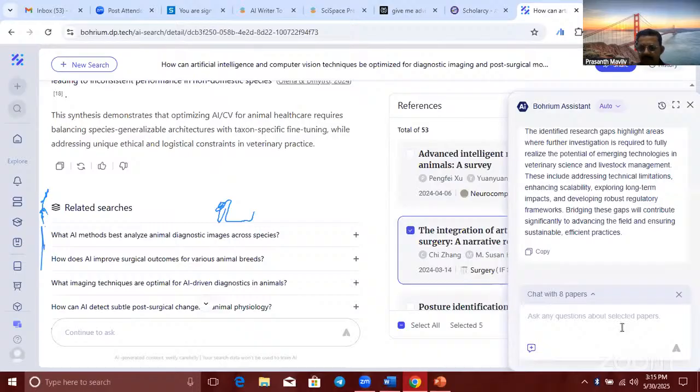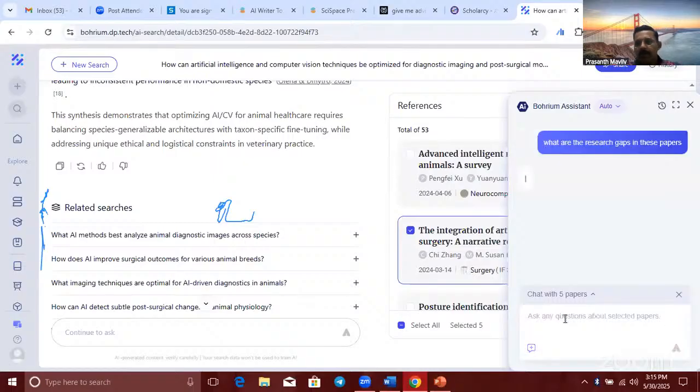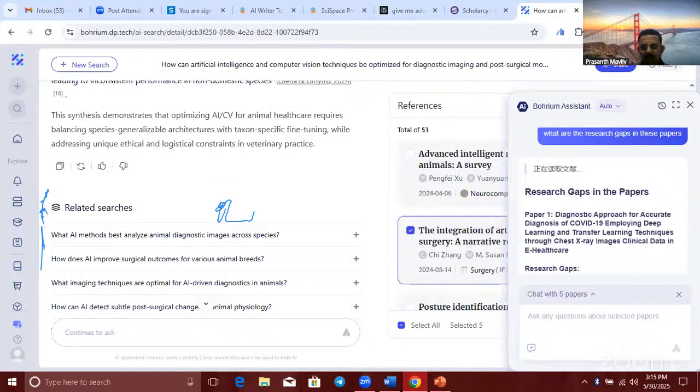All these 5 papers, you can ask what are the research gaps in these papers. Simultaneously, I have chatted with 5 papers, and the Barium assistant will give, you can see, the Chinese English version is also there.